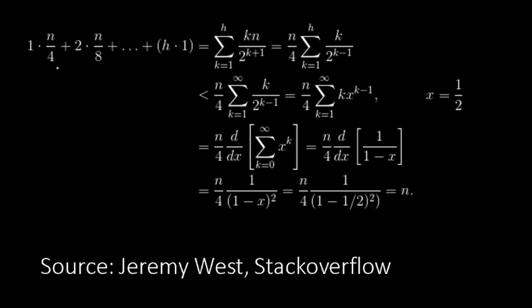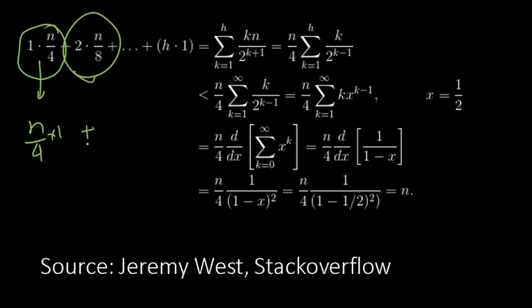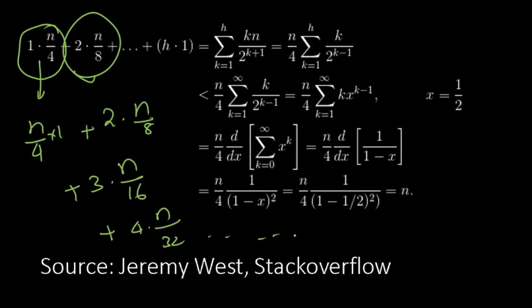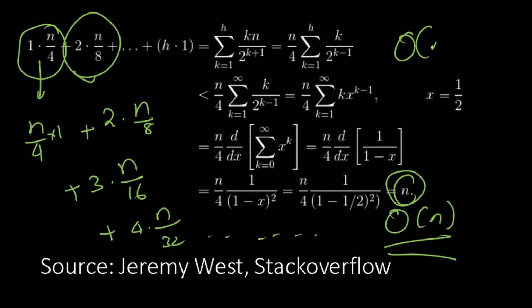The number of operations that will be required: for the h minus 1th level, we'll need 1 operation, so n by 4 times 1, plus for the next higher level, we'll need 2 operations and there will be n by 8 elements. Next we'll need 3 operations, there will be n by 16 elements. Plus we'll need 4 operations, there will be n by 32 elements. With a little bit of integration, we'll realize that the complexity is order of n. So we are able to create a minimum heap in order of n complexity. We don't need order of n log n.